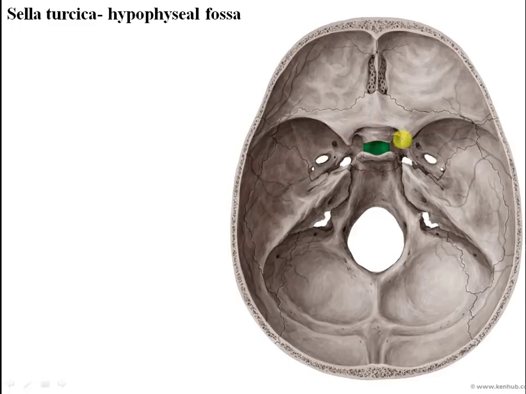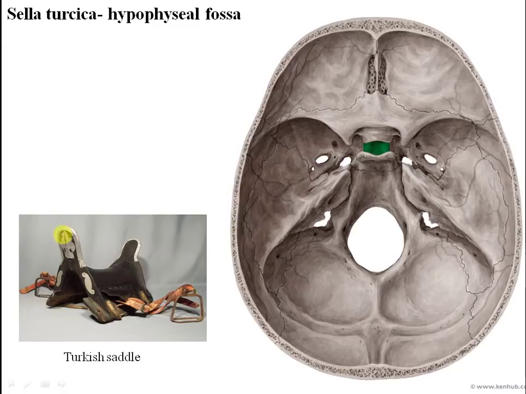The body of sphenoid. On its superior aspect, it has this depression where the pituitary gland is located. This area is called sella turcica, because it resembles a saddle or the Turkish seat. Here in the middle we have a concavity with an anterior elevation and a posterior elevation. Again, side view, we have a depressed area with